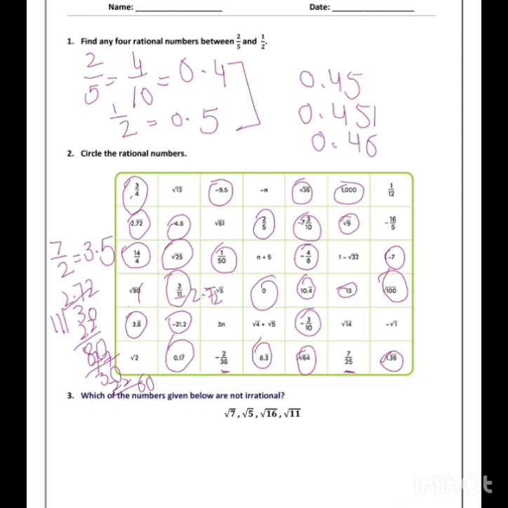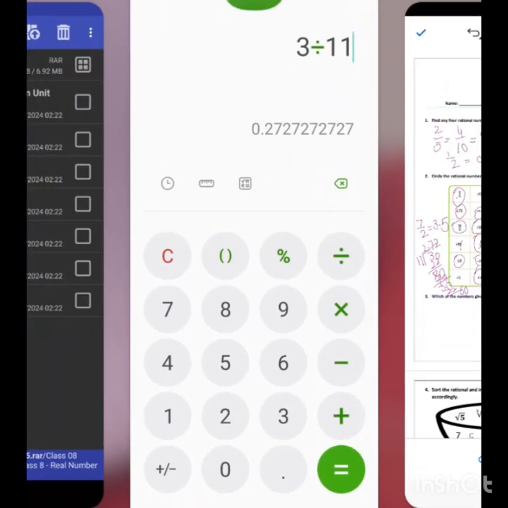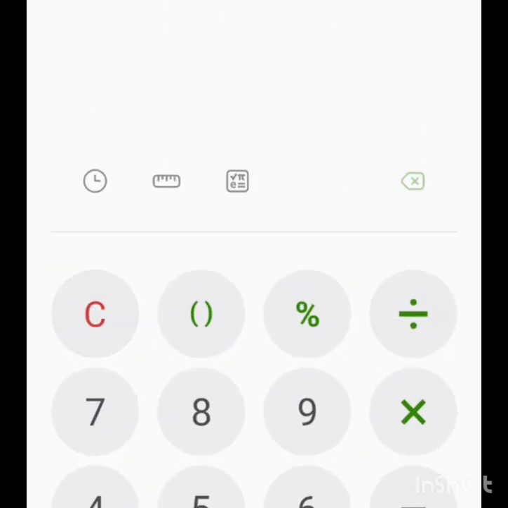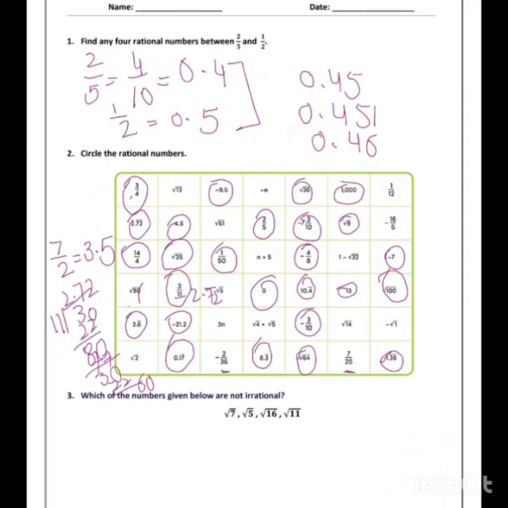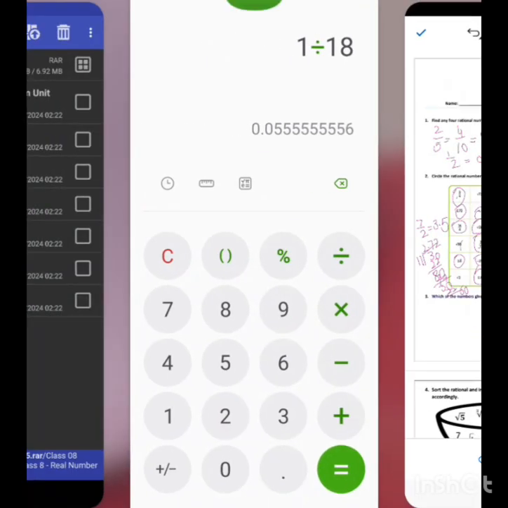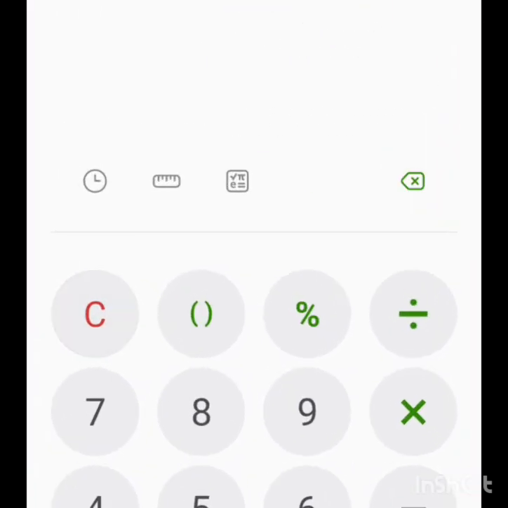Then there is minus 1 by 18. Let me quickly check 1 by 18. You can see it is a terminating decimal. So this is also rational. Then 1 by 12 and 16 by 5. If I check 1 by 12, it also seems like a rational number. You can see that. And then the last fraction was